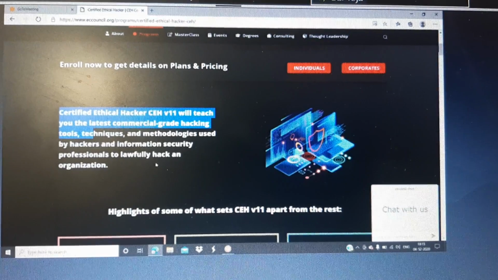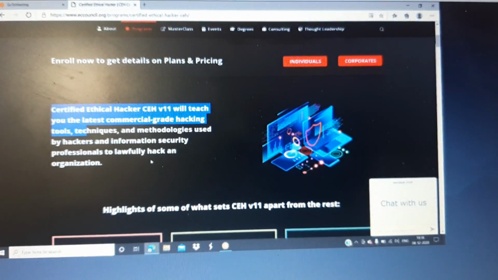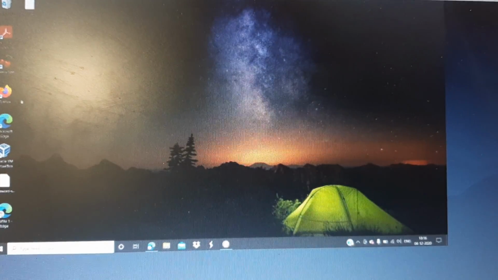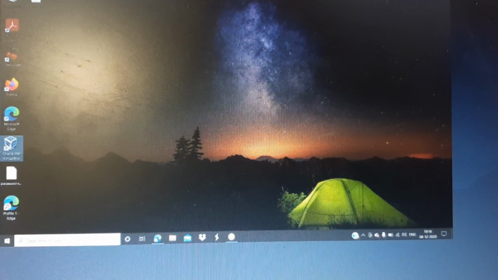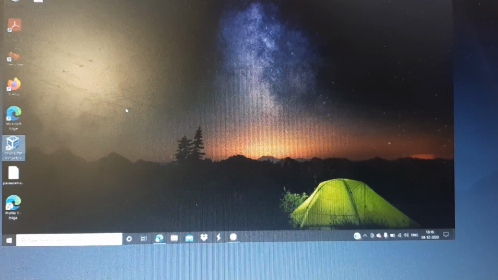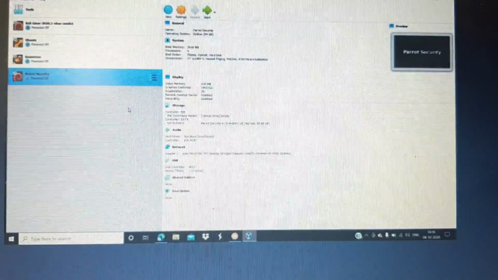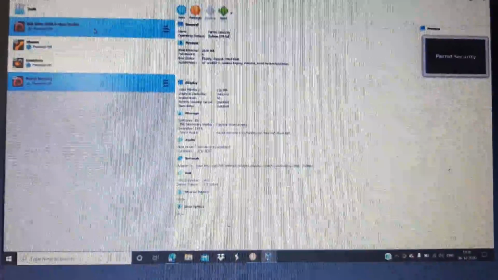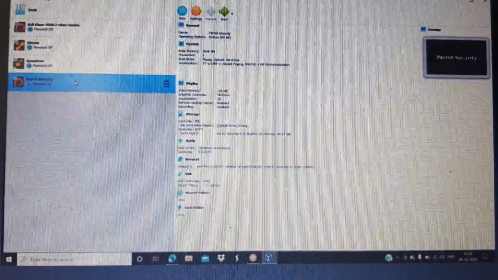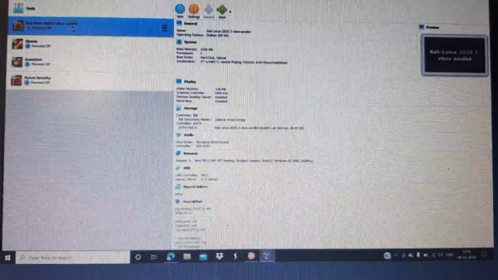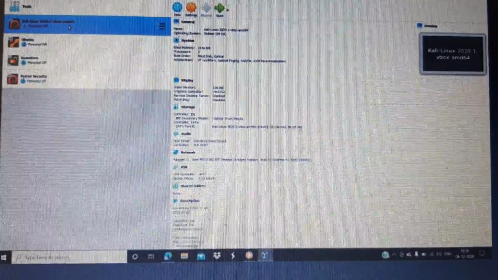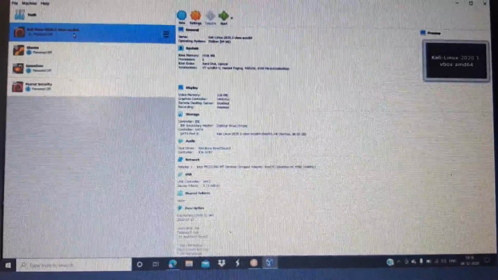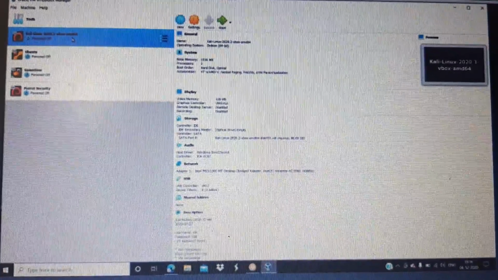Here, most of the things will be covered in a practical way. We'll be using Kali Linux operating system or Parrot. We're not going to use the Windows operating system. These are the two operating systems most commonly and widely used by ethical hackers, information security professionals and penetration testers to conduct their